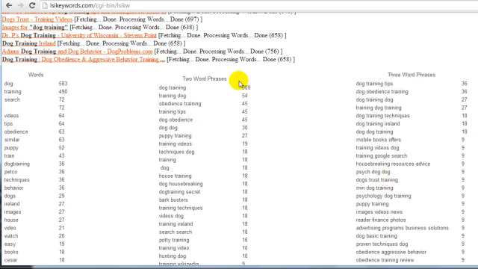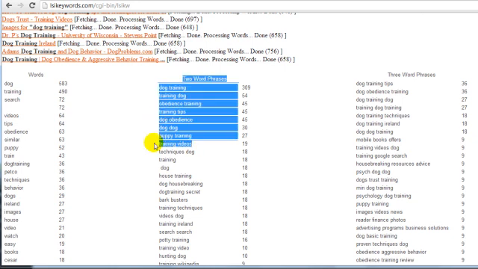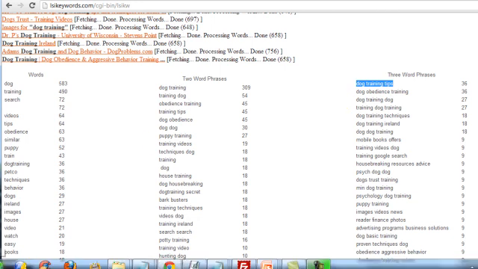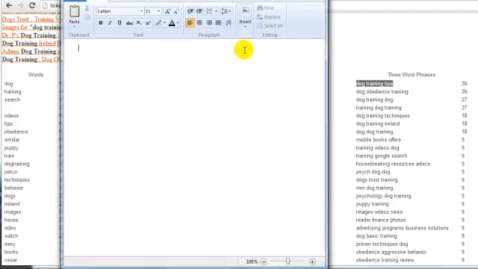Now think about it. If Google comes to your site and your site is about dog training, they're going to look for keywords like dog obedience, puppy training, training videos, techniques dog, dog housebreaking. What I primarily look at is the top 3 to 5 on each level. And this gives us an idea of possible categories that we can use. For example, dog training tips. I'm going to open up WordPad here so I can keep a record of the category keywords. So we've got dog training tips, dog obedience training,